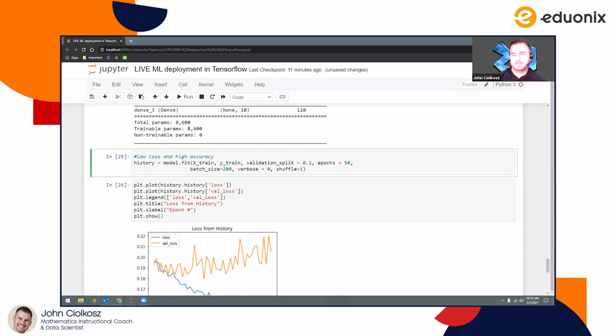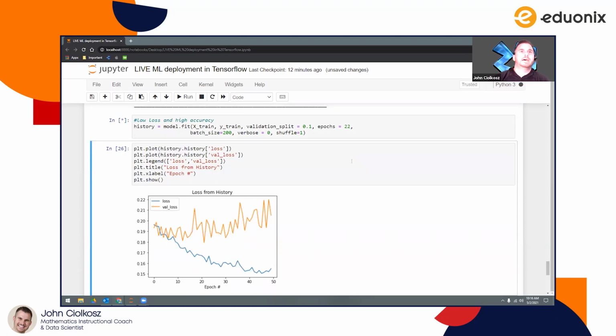So I'm gonna go ahead and go back here and just retrain this with 22. And let's see how that looks. So this is kind of the purpose of the visualization piece here, looking at how many epochs are ideal for yours. Again, if you run it at crazy high numbers,